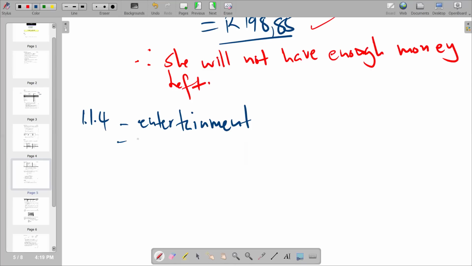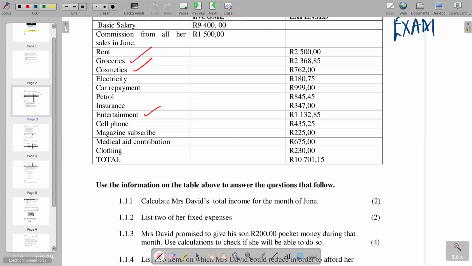That's one of it, and then it also is cosmetics. So that's what we have. We move on to the next part. Now on the next part, we are saying